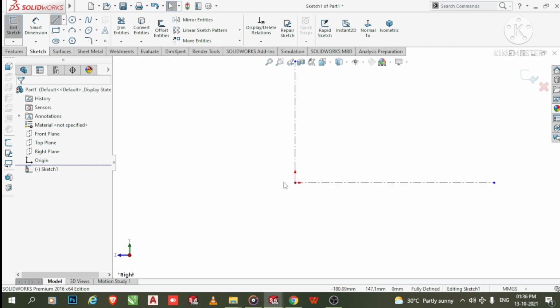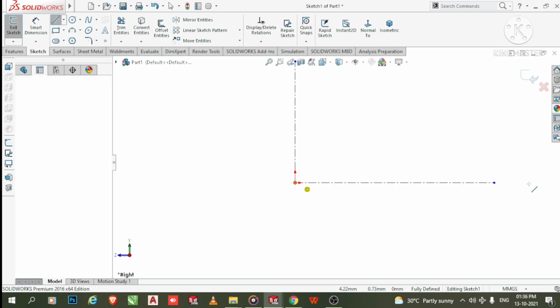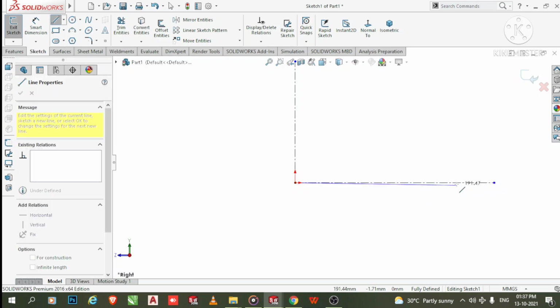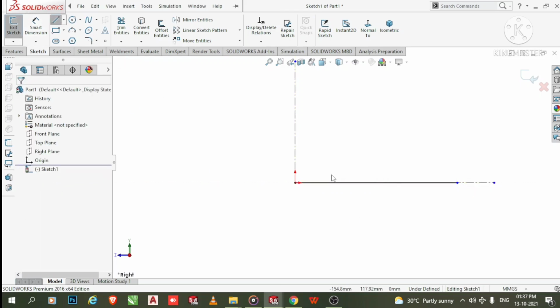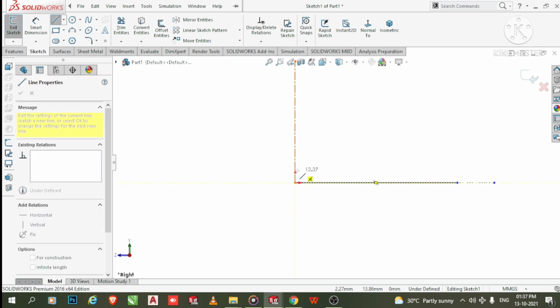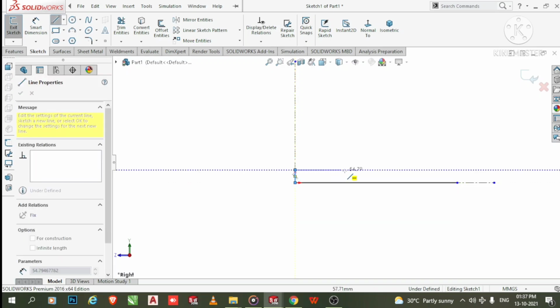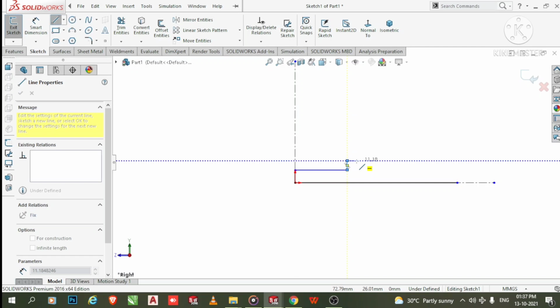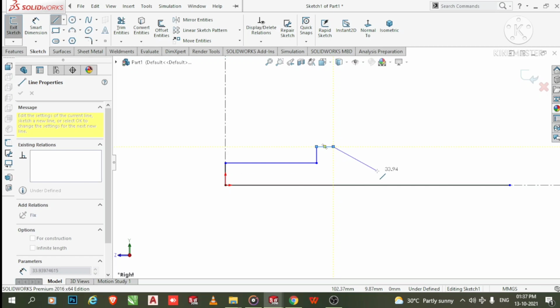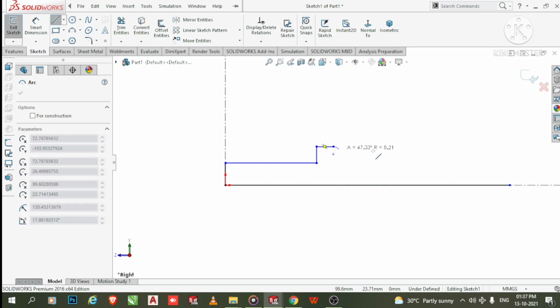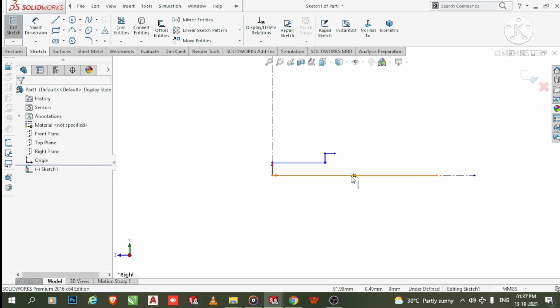So select this line and here we select line and make the line up to here. Now exit, again select this line, select this point and we create this line up to here. Now select this one, make this sketch. Okay, now move this line and again go to this point and make the arc from, so it will not select it. So here we apply the dimension to this one.